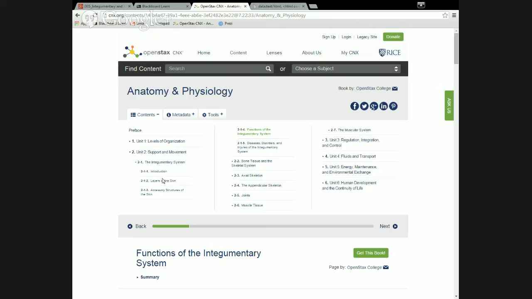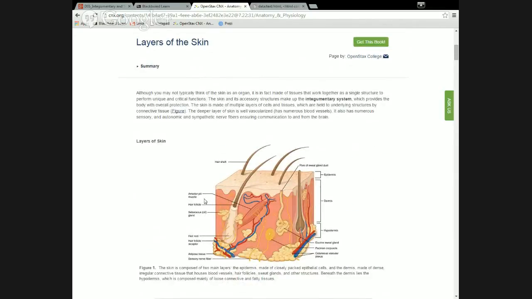As far as the anatomy of the system is concerned, this layers of the skin part here, I want to just mention a few things. First off, the skin is made up of really two layers of tissue. There's the epidermis, represented by this bracket here, and the dermis, represented by this bracket here. That's really the skin. In the book, and in a lot of books like this, they'll also include the hypodermis in a